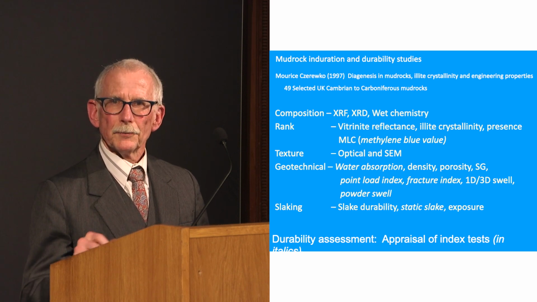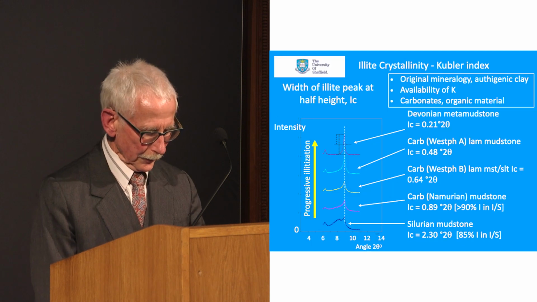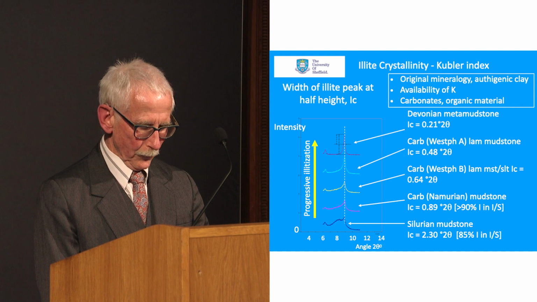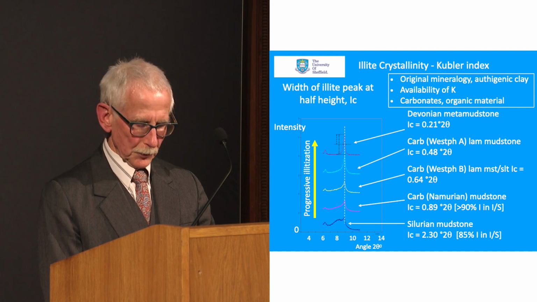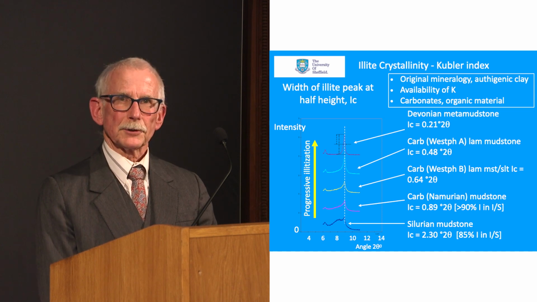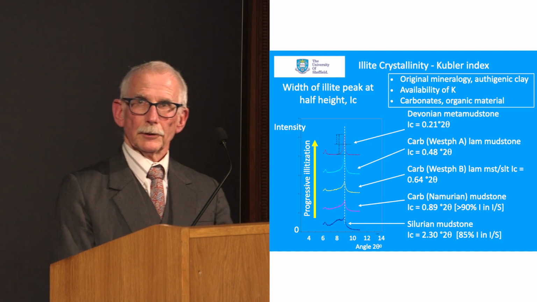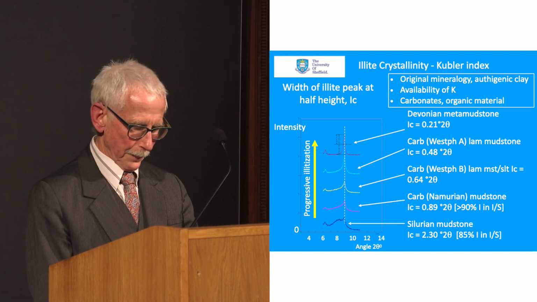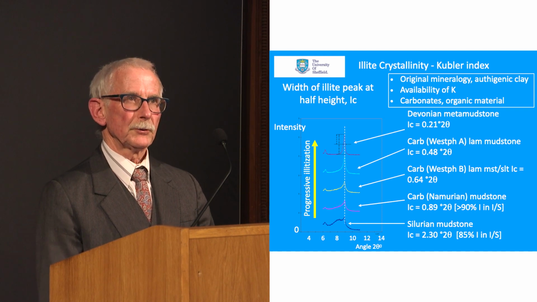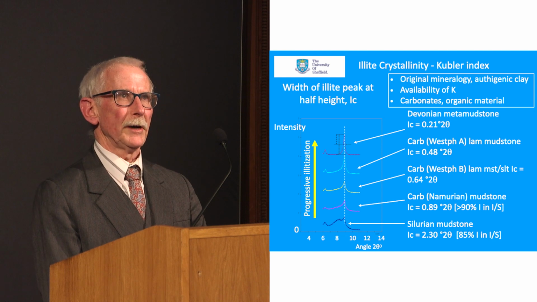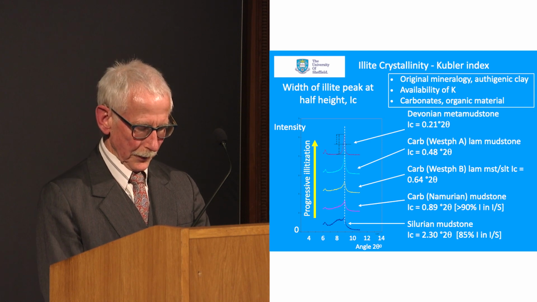I need to say something about diagenetic rank. There are basically four main ways of measuring this, and it was one of the things which we needed to do in this study. One of them is vitrinite reflectance. As organic material is buried, it loses volatiles and it becomes more reflective. And therefore, this gives you a measure of the extent of the temperature to which it's been raised during its